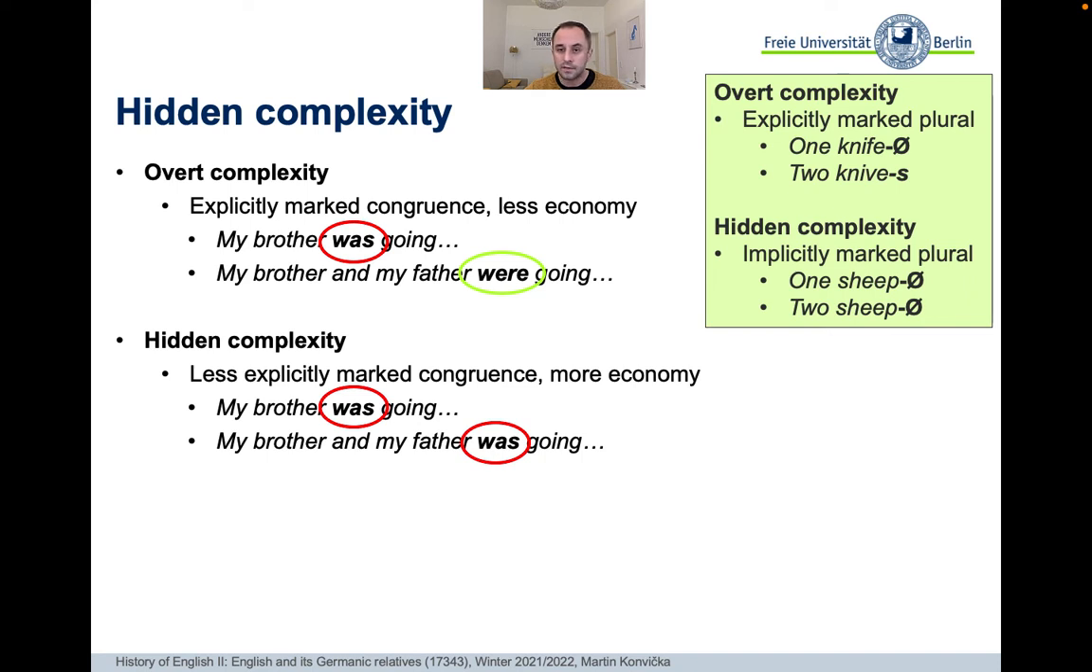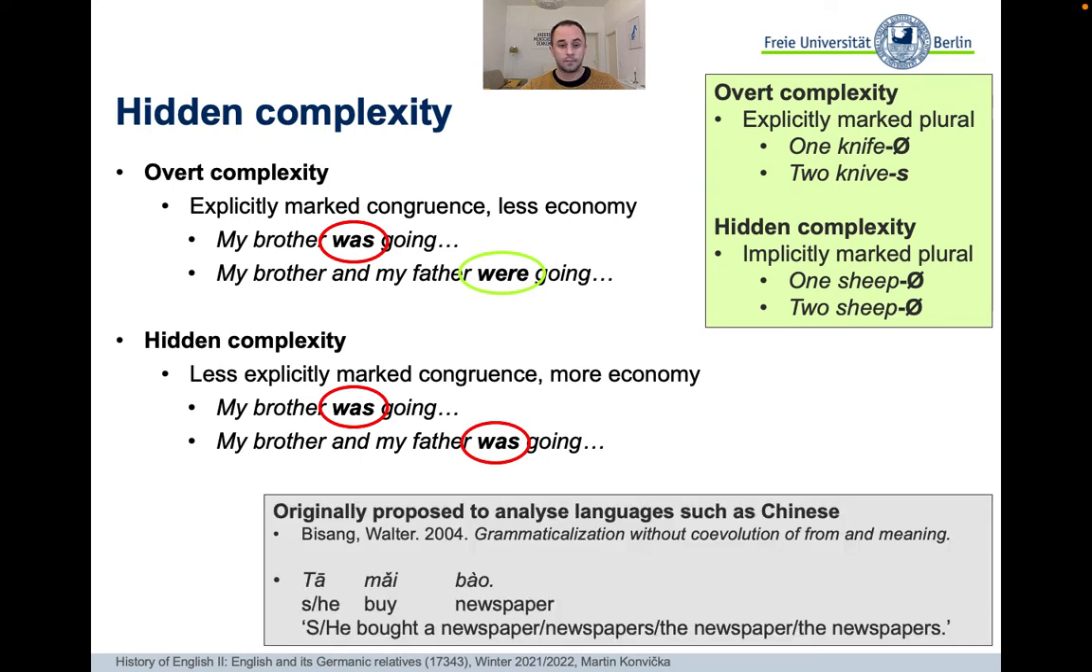Right? Another example would be the case of certain nouns in English that are not explicitly marked for plural, but you nevertheless know that they are in the plural, right? For example, 1 sheep, 2 sheep, in contrast to 1 knife, 2 knives. Okay, so